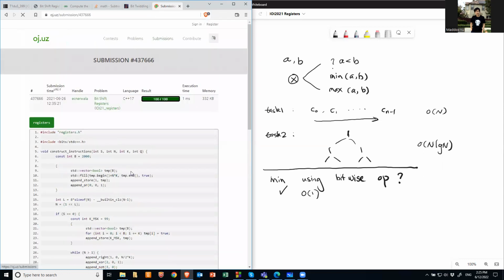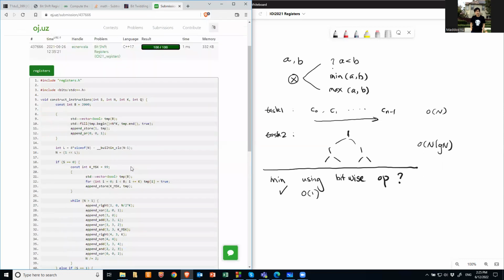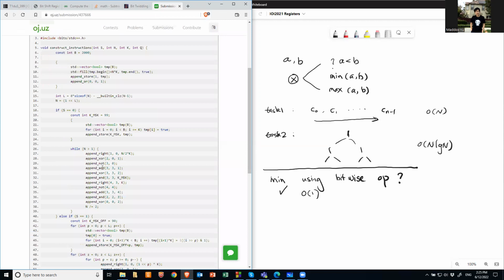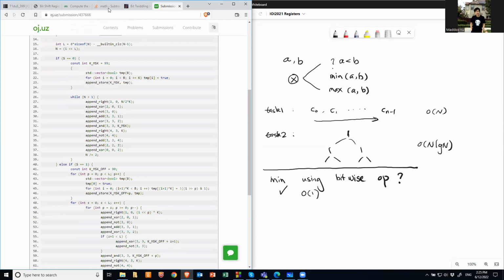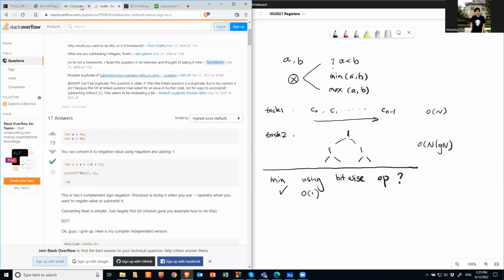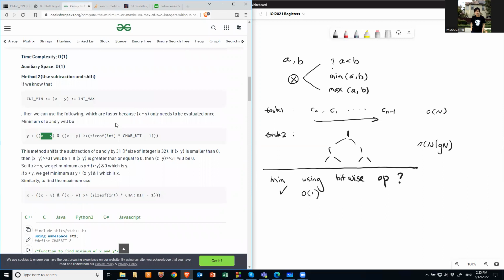So for example, here I give you one of the solutions, a basic bunch of operations, right? So you can take this and basically try to solve it by yourself. Okay, that concludes the